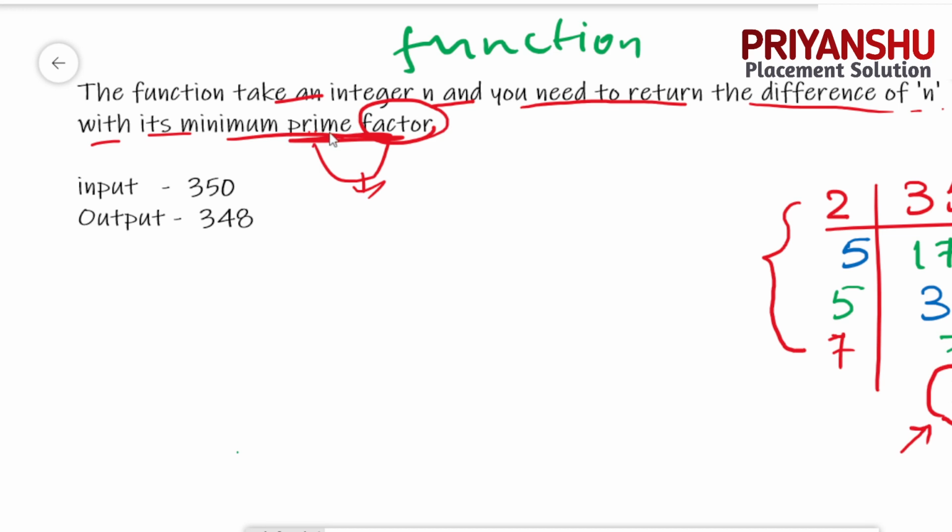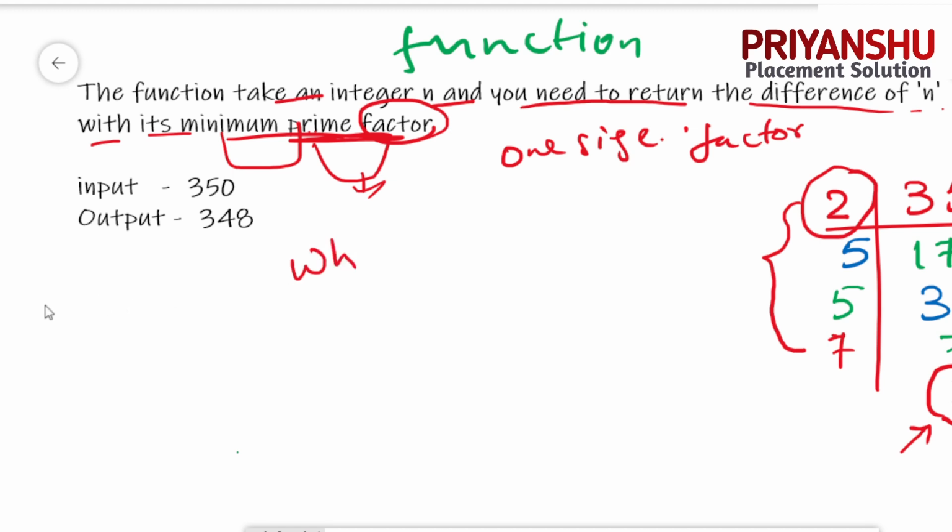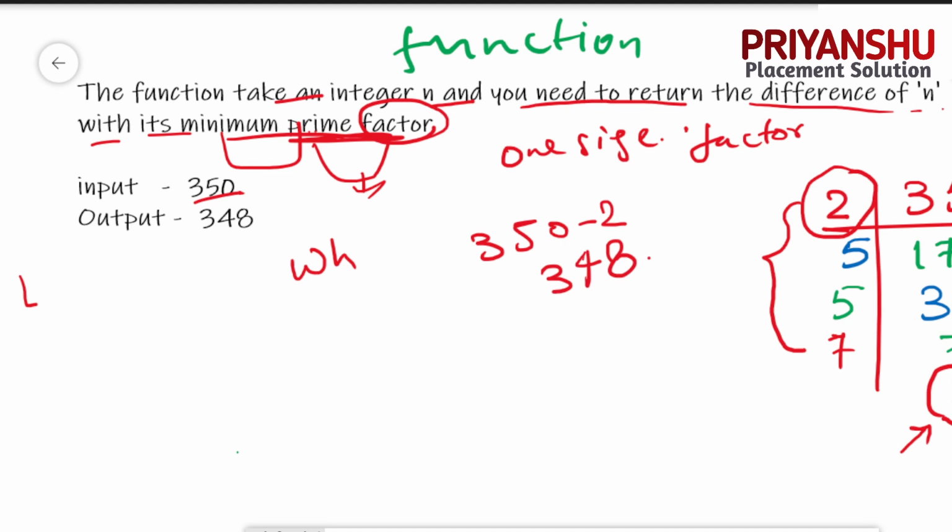And in this question, guys, we only need the minimum prime factor, we only need a single factor, right? So there is no need to execute this whole loop, but yes, I will share how to do this. Only the first number we need. So here I just put one condition. Let's discuss the logic. You must have understood the code. 350 is there, the minimum is 2, so 350 minus 2 gives 348. Clear? I hope these things are clear, guys.